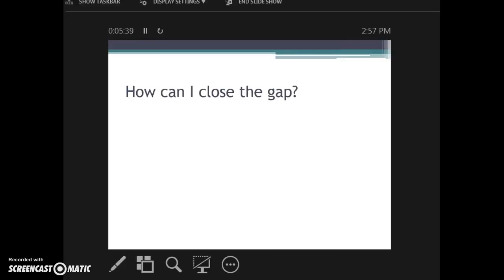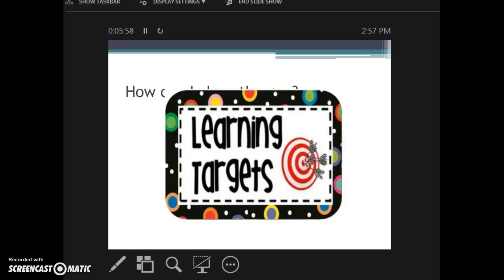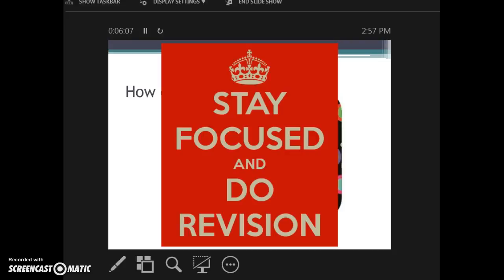And then finally, after they know what the learning goal is, they've started working toward it, and they've learned that they're not quite there yet, the final part is helping them close that gap. You as the teacher helping them close the gap, and the students themselves taking some responsibility. So we turn again to those learning targets and make sure that they understand, okay, remember, this is what we're shooting for. A student also needs to be introduced to revision.